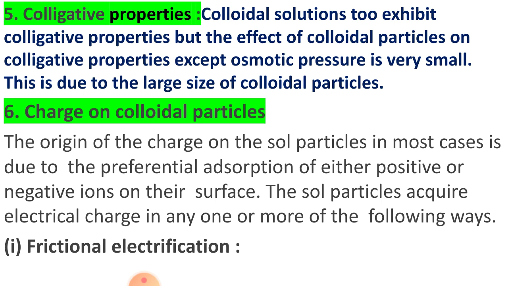frictional electrification. Just in your childhood you have done so many times that you tear paper into small particles and rub a scale on your head, and when this scale comes near the torn particles of paper, they stick to the scale. That is due to the rubbing; here the development of charge takes place. Here, due to rubbing of the disperse phase and the dispersion medium, the charges are developed. That's why this method is known as frictional electrification.